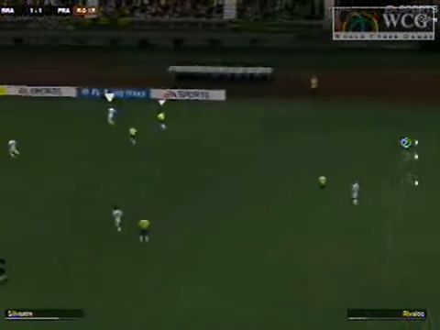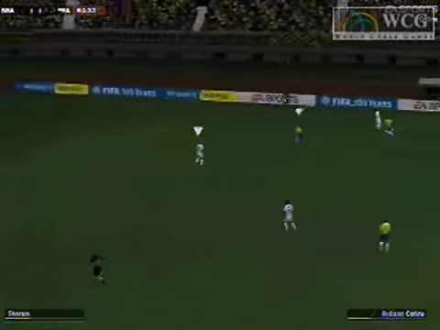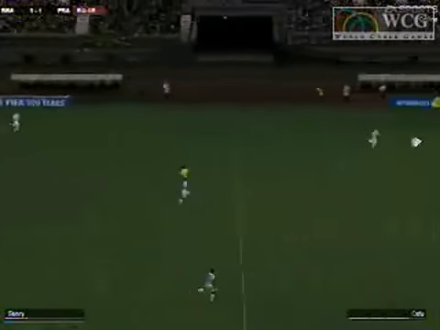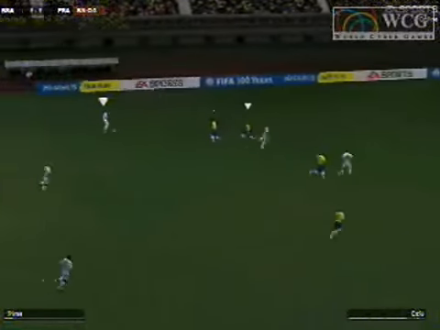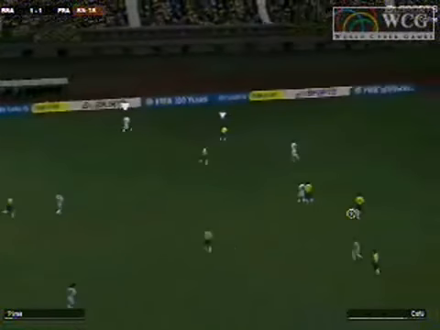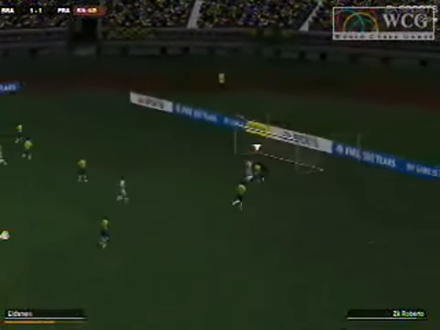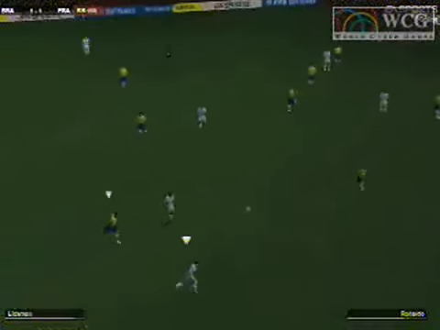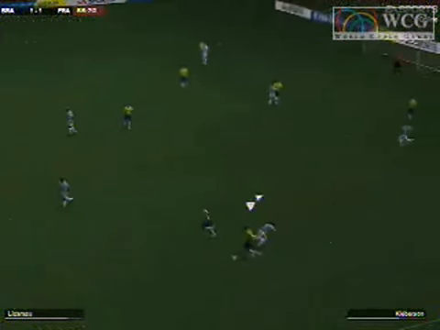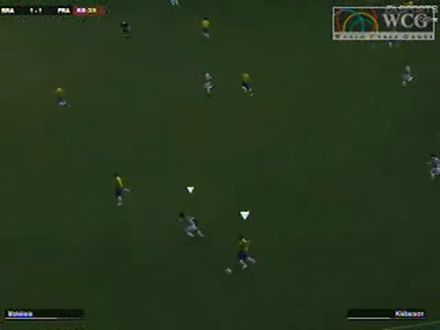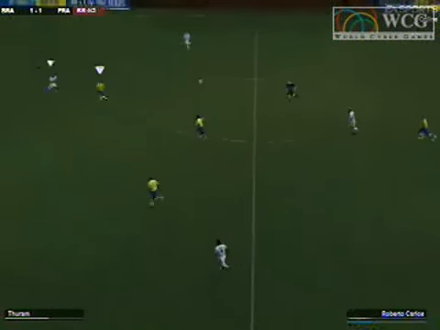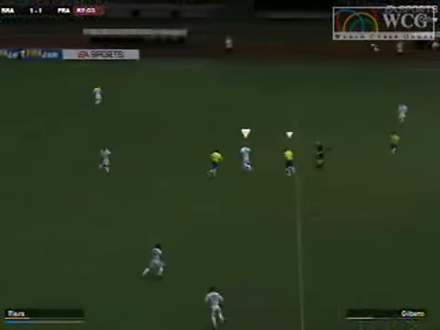Silvestre now looking for something to open up. Doesn't have anyone there. He's going to send it back to Henry. Henry's going to send the ball down the field to Paris. Paris now making a run. He's got a man. He's got Zidane. And Zidane had a chance. The keeper had overcommitted. But the Brazilian defender, Roque Jr., steps in, breaks that shot up.